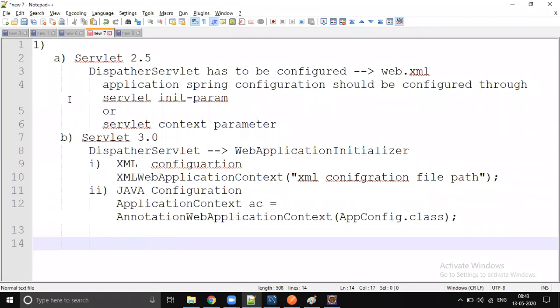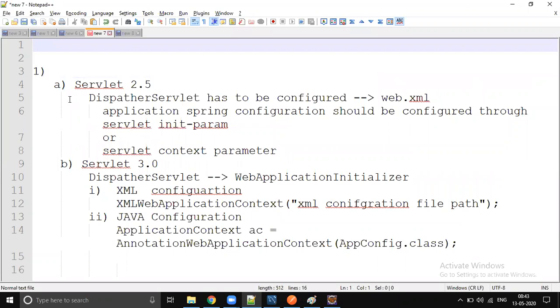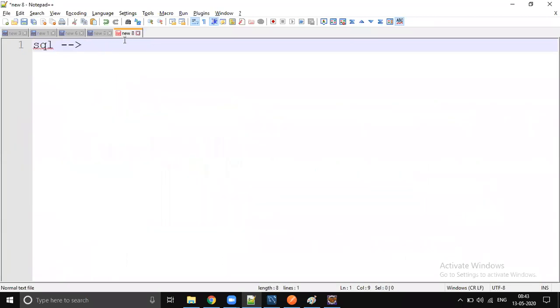And I'm again telling you, this is not a Spring Boot application. This is plain Spring MVC, right? Next I will show you Spring Boot MVC. Then you will understand the benefit you're going to get.